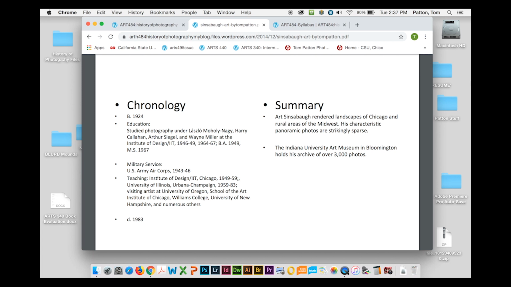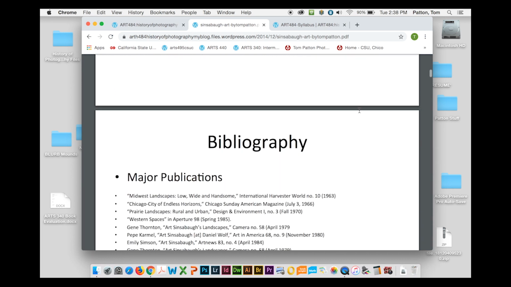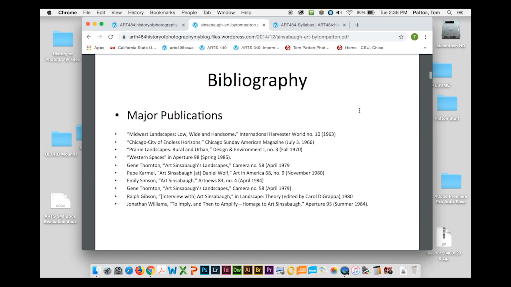Here's where you can do better. The chronology, I could have developed more, probably should be its own page, and speak more specifically about the highlights of the career of Art Sensibaugh. Also, I should have developed the summary a little better. This should be its own page and talk a little bit more about the meaning behind his work and why I felt it was important. The bibliography I did okay on, but you should have at least 3 examples of print publications